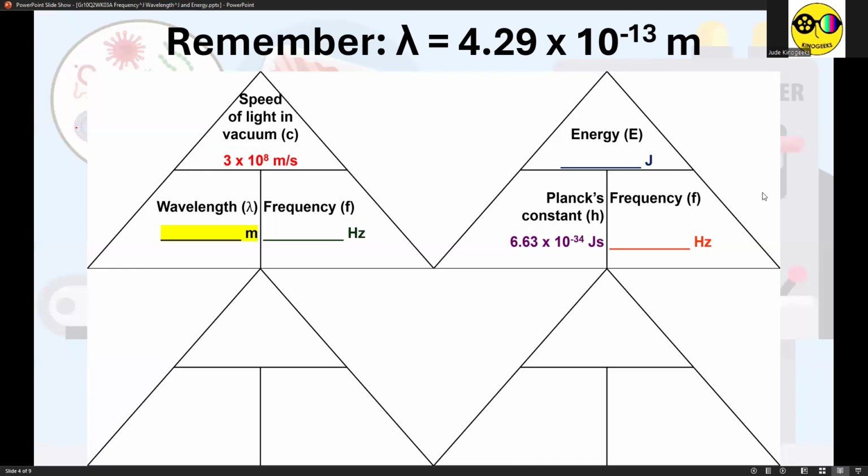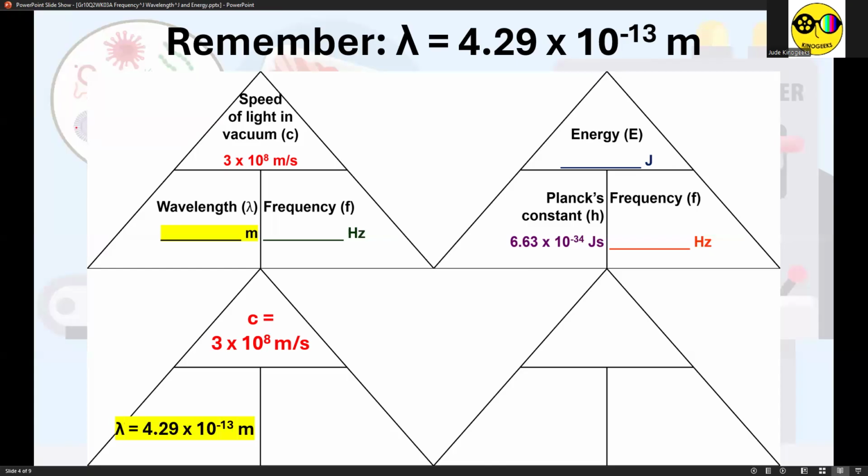So I always start by writing the constant, which is in the first pyramid, it's the speed of light in vacuum, 3 times 10 raised to positive 8 meters per second. And then I now write the given value, which is 4.29 times 10 raised to negative 13 meters. So that means there's only one left vacant spot in the first pyramid, and that's frequency, the first value that